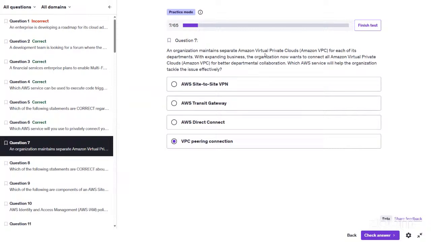Again, if the number of VPCs is a lot, like there are several, VPC peering will become tedious. So you want to have what they call a transit gateway. So we need to look at the question: is it a transit gateway or is it a VPC peering connection that we want? So it says it maintains separate VPCs for each of its departments. So I can make the assumption that we're talking about at least 3 or more departments. So in that situation, I want it to be done effectively. VPC peering is not transitive, but transit gateway will give me something better. So I'm going to go with transit gateway.